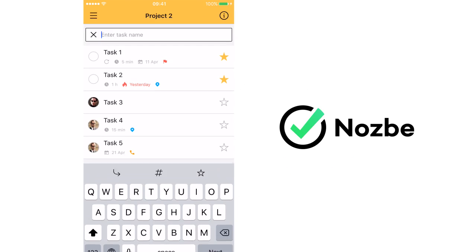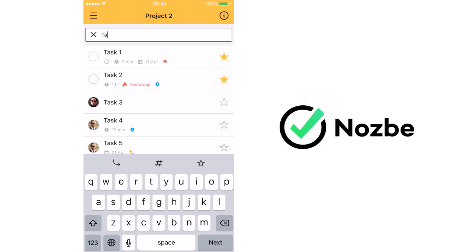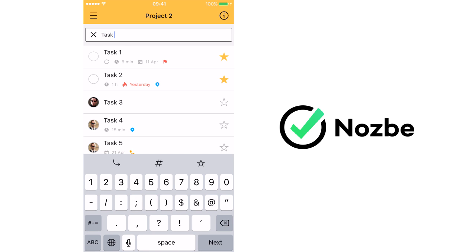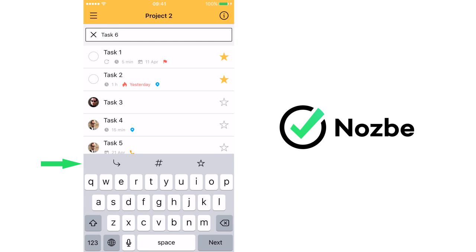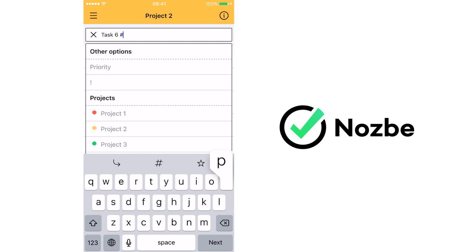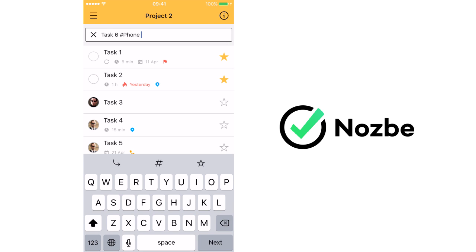Noseby on iPhone has a cool new feature we call the Keyboard Assistant. When typing in a new task, you'll see 3 new buttons above the keyboard. Direction arrow. Usually tasks are added to the top of the list in Noseby. However, sometimes you might want to append them to the bottom. For example, when noting low priority items or when you start a new project and want to enter multiple tasks to the top or bottom.